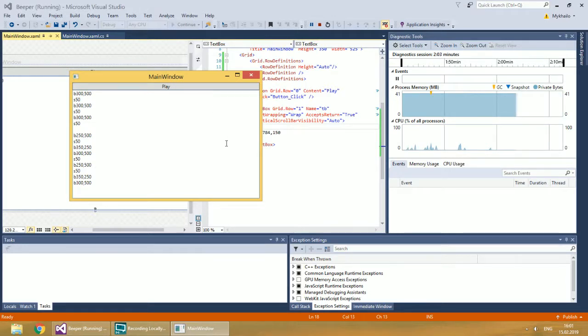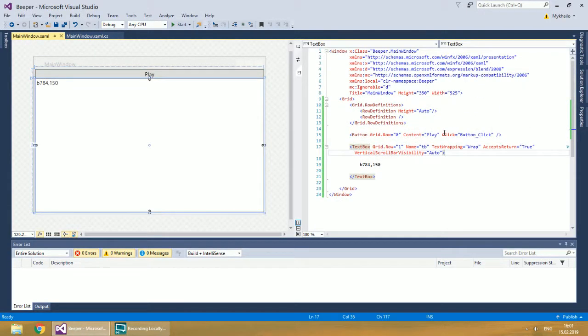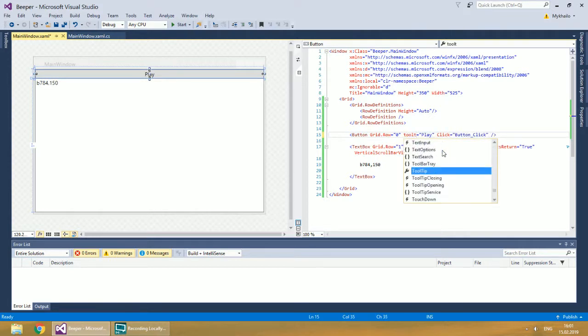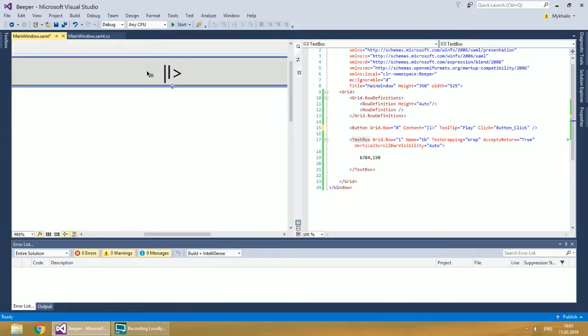Before we finish this part, let's make the button more attractive. First of all, play will be a tooltip. Secondly, we need a user-friendly symbol. Of course, we could use an image, but it's not something sophisticated. So why should you use external resources for it? Use text symbols instead. For the play button, you can imitate it using 3 characters.